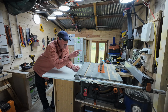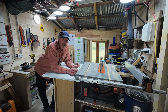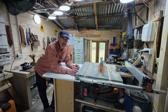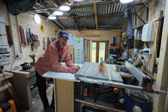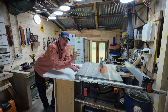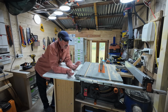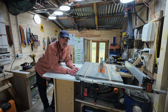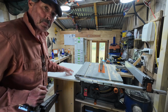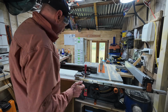Okay, so that's the standard geometry established. Whether it'll stay like this, I don't know. I'd like to think that the four pieces of timber that make the base cart up might be a permanent feature. This unit and that box is certainly not a permanent feature. In fact, this is too high now, but I just want to play around with the geometry until I get something sorted that I know is usable. Might be weeks I have it like this. But I want to level this top up with the saw bed so I can use this, because it's still a bit